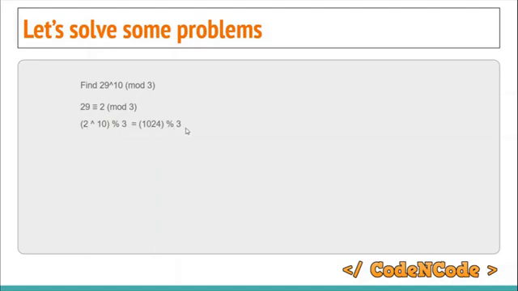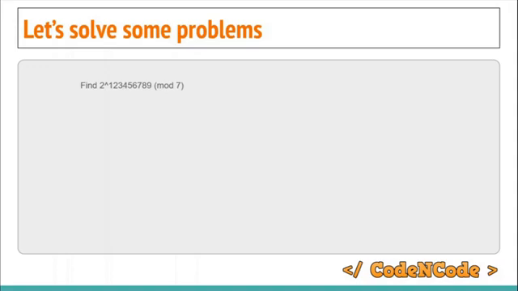1024 modulo 3 you can calculate by simply adding the digits. The digit sum is 7, so 7 modulo 3 is 1. So 29 raised to power 10 modulo 3 is 1. This you can calculate in like 10 or 15 seconds without using pen and paper if you know the right algorithms. Now the second question, this question is taken from one of my favorite sites where I practice my mathematics,